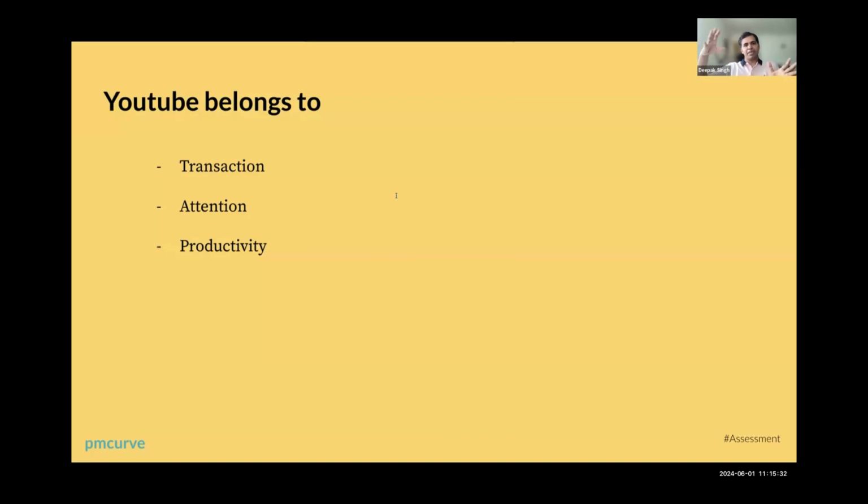For example, if in real estate, you start onboarding projects and you start selling them on behalf of builders, you become a transaction platform very, very quickly, right? For Zomato, it was easier because everything was digital. But I would say it belonged to the transaction category because it enabled transactions through its platform in some way, right?